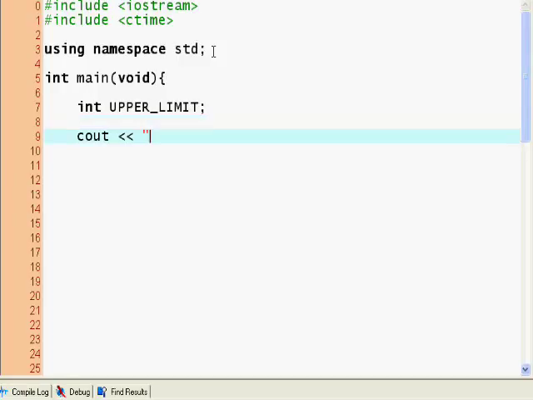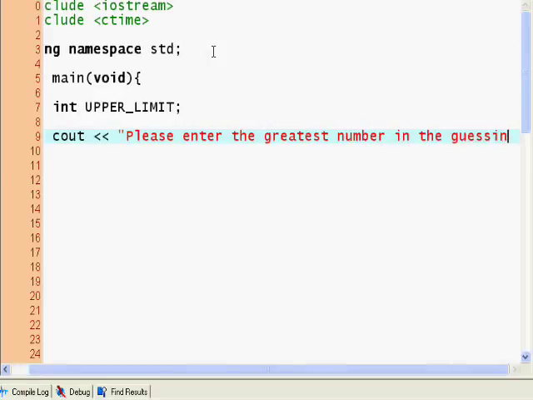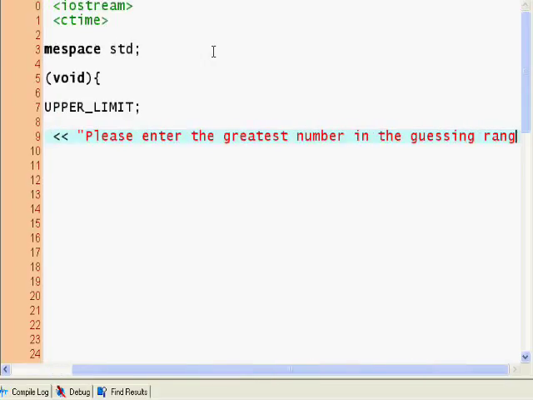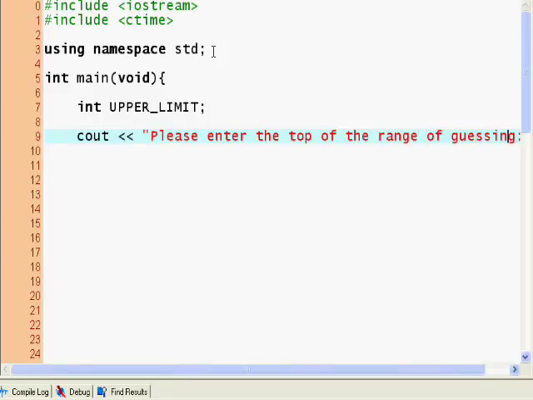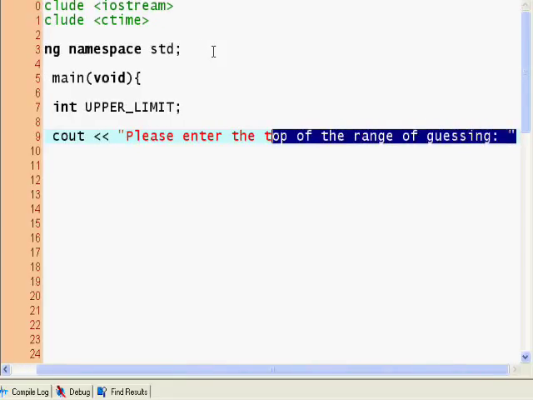We're going to have an upper limit. So cout: please enter the greatest number in the guessing range. Please enter the range of guessing. So the top of the range of guessing, or I'm having trouble phrasing this. Let's just